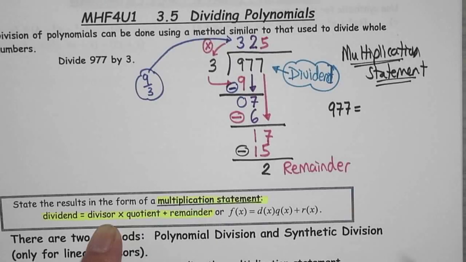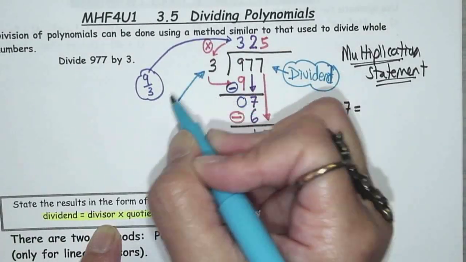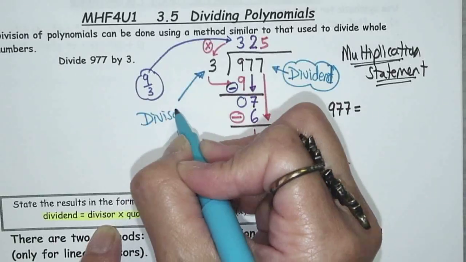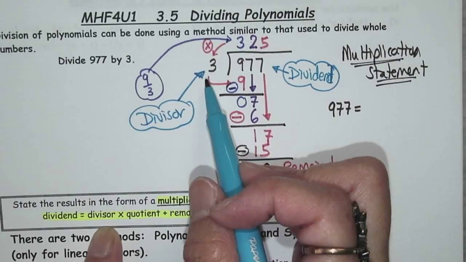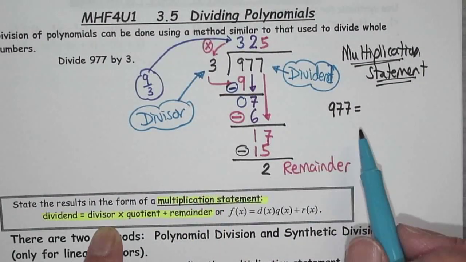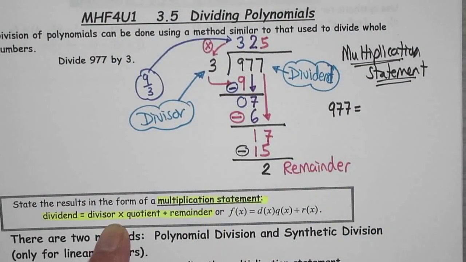The divisor is the one doing the dividing. You do kind of need to use these words because sometimes I'll say to you, can you tell me what the divisor is? And you're like, the what? That's the one doing the dividing. So the divisor is that one, which is going to be 3